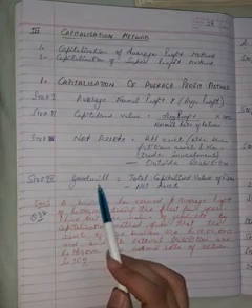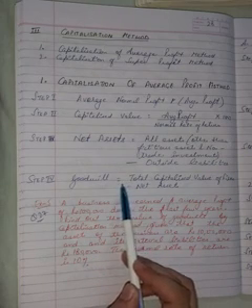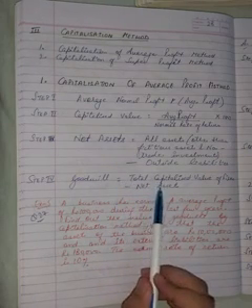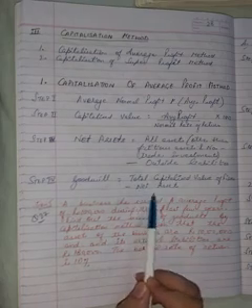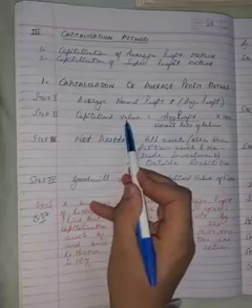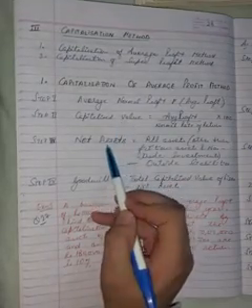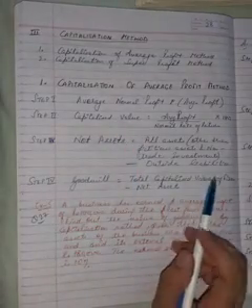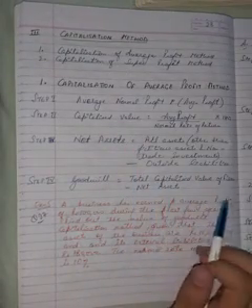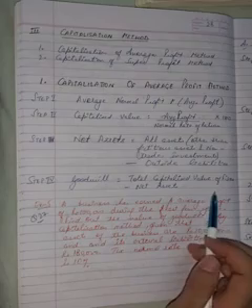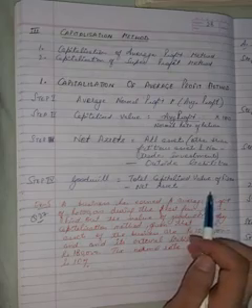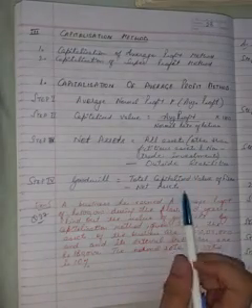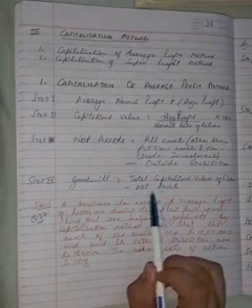So the last one is the goodwill. In this method we need to deduct the net assets from the total capitalized value of the firm. So we have to deduct the net assets from the capitalized value. In the last two methods we found the goodwill by multiplying the number of years into the average profit or super profit, but in this capitalization method we are finding the goodwill by deducting.